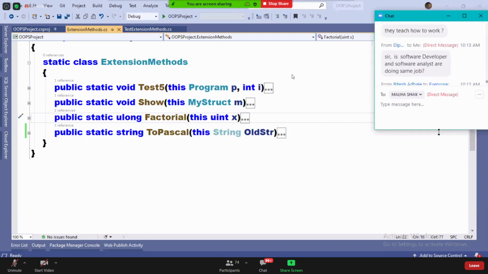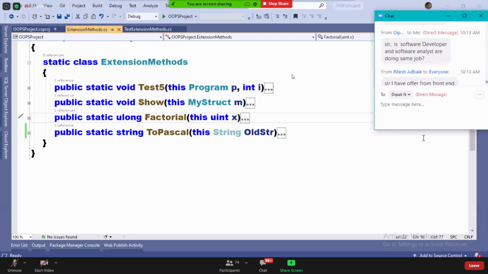See, companies, guys, Deepali, software developer, software analyst, there are no standards like this. Like in a police department, he's a sub-inspector, he is a CI, these are fixed. But in a software company, I can give my own designations. Only the company can say what the designation means. They can give their own designation here. Some companies call software developer, some companies call software engineer.